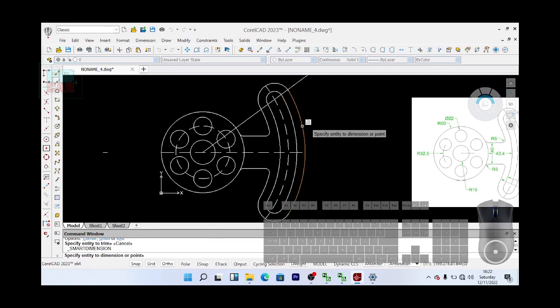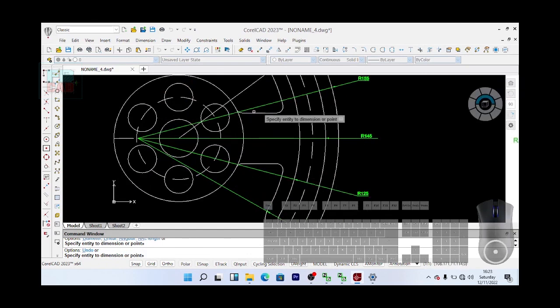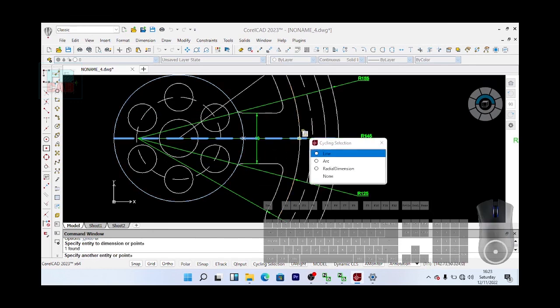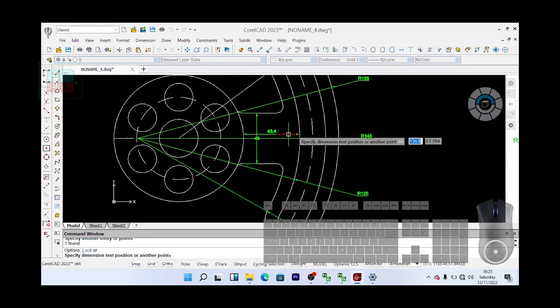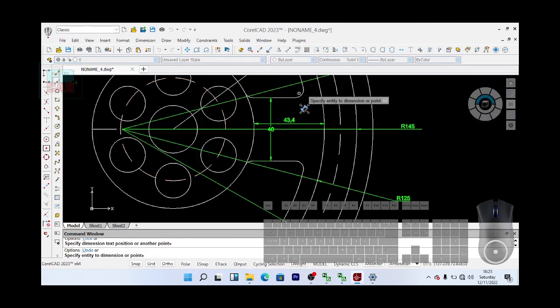I'll see my drawing. Take this, 155, take this, 125, take this, 115, okay, take this to this to the 40, take this point, circle to this point, arc that, okay, right, take this